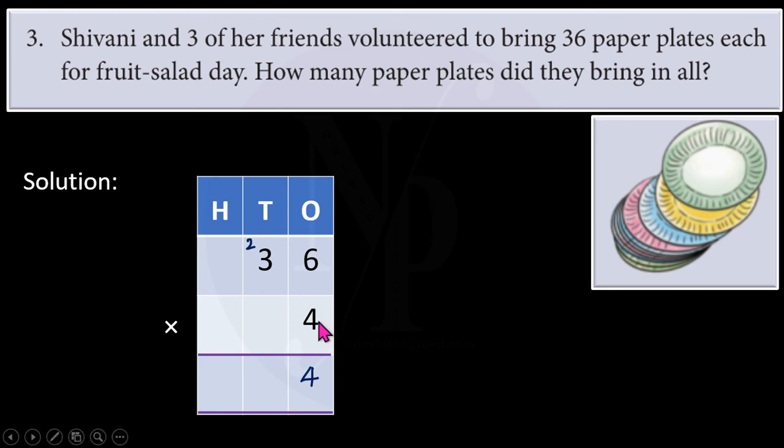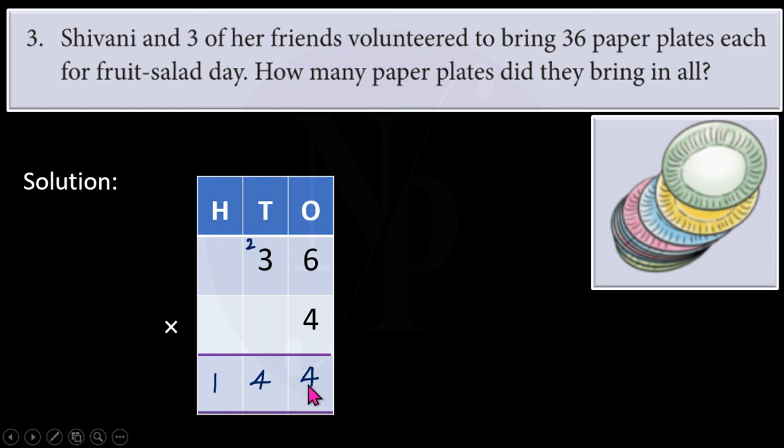And now we multiply 3 by 4. That is 4 3s are 12. 12 plus 2 is 14. And 14 tens are regrouped as 1 hundred 4 tens. Therefore, we write 1 in hundreds column and 4 in tens column. So the answer is 144, which is the product of 36 and 4, and this represents the number of paper